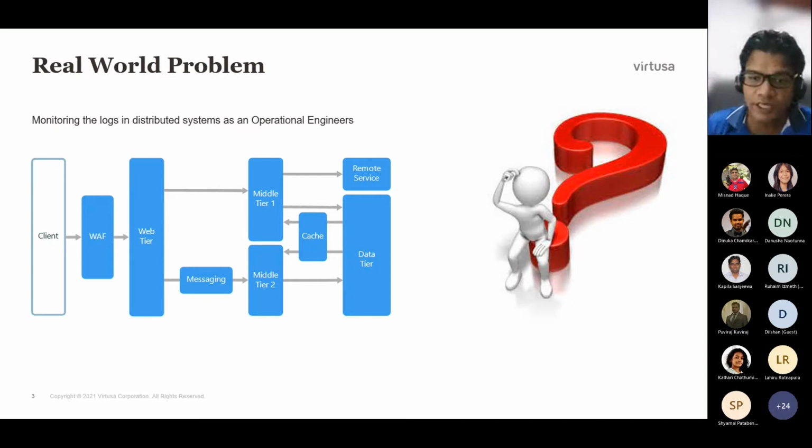As an operational engineer, we have to think about that aspect as well, because we can't wait until the production system goes down. We have to analyze the logs and identify what will happen in the future. Is my system fully okay to run without any issues for the next week, or the next 2 weeks, or next year? We should be capable of identifying that, and for that we also use the logs.